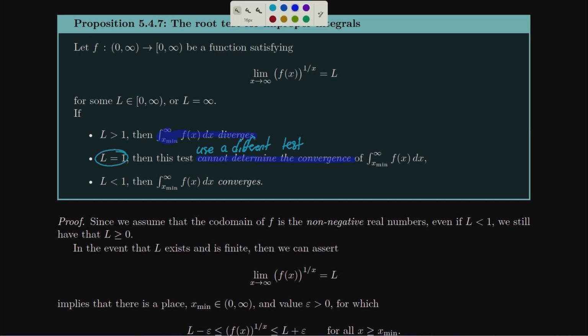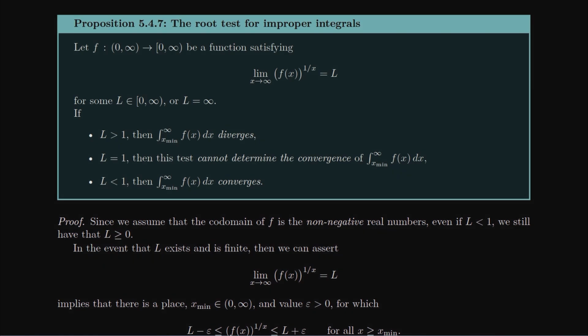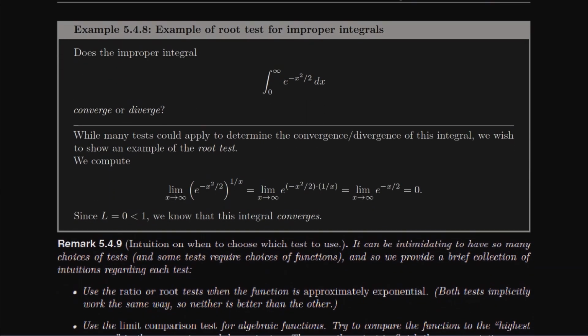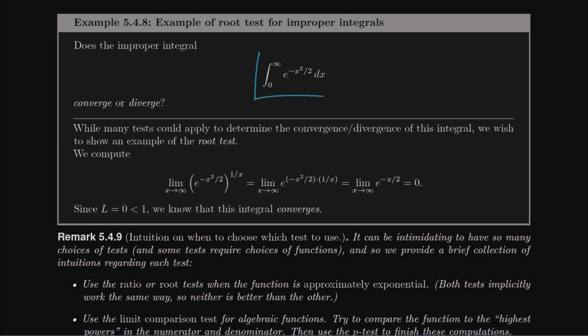And finally, if our value for L, this limit, happens to be less than 1, then we're going to behave like exponential decay, and exponential decay will converge. And so we're just going to test the values of L bigger than or less than 1 to see if our integral converges or diverges. Let's look at one lovely example here. This is the example I started today with. We technically know that this is equal to root pi over 2 if you've decided to memorize all the times I've said that.